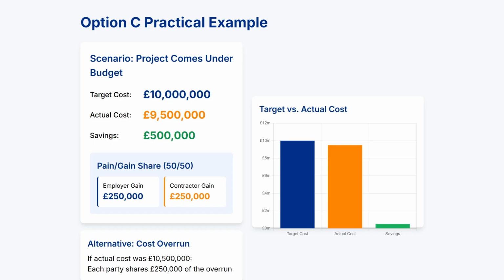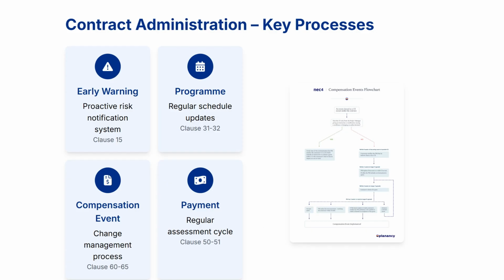The NEC4 ECC establishes several key administrative processes that are essential to its effective implementation. The Early Warning Mechanism, Clause 15, is a proactive risk notification system where both parties must notify each other of anything that could increase cost, delay completion, or impair performance. This enables early intervention before issues escalate. The Program Requirements, Clauses 31 to 32, mandate regular updates to the project schedule, showing plan sequence, float, and time